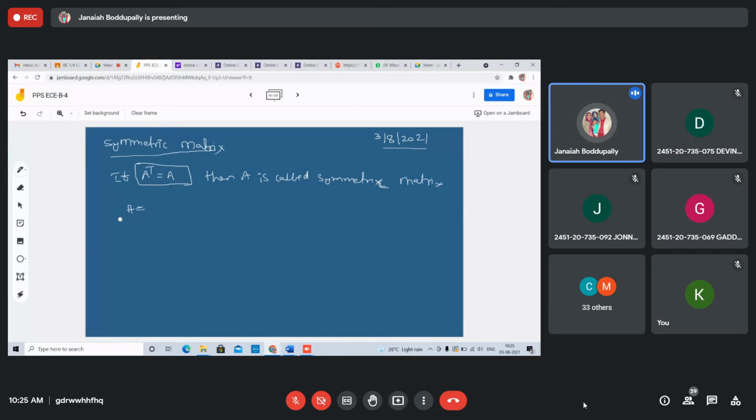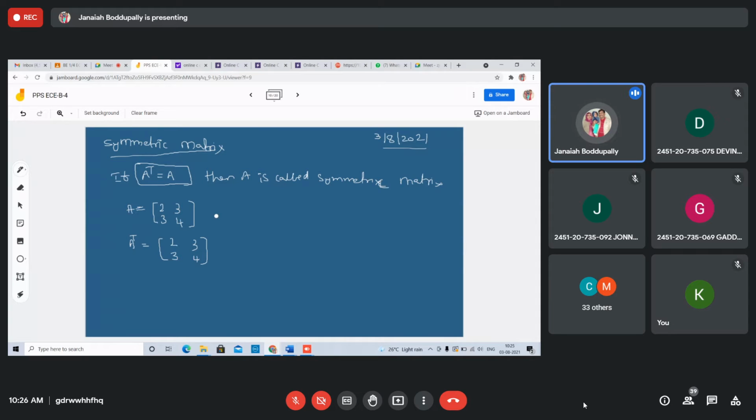A equals 2, 3, 3, 4. What is A transpose? Rows will be columns: 2, 3 again, 3, 4. So A transpose equal to A.